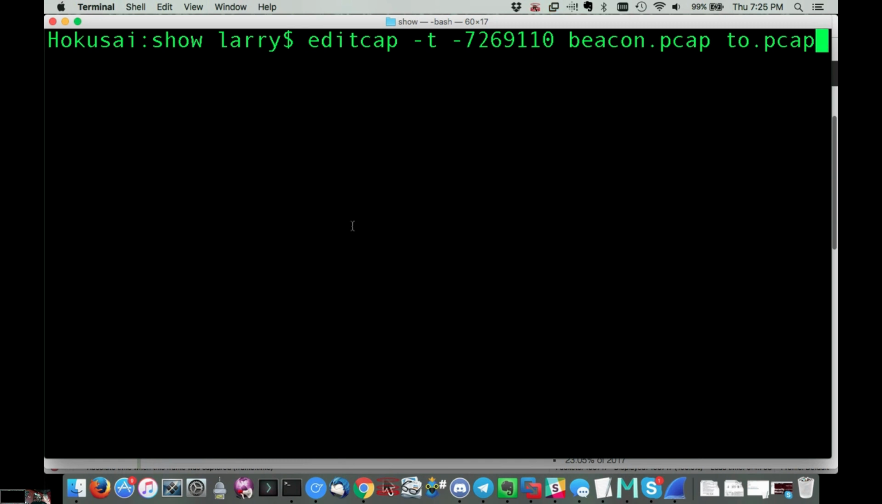I'm going to use editcap to edit my packet capture. This will apply to every packet in the capture. It will shift the time by this many seconds. I've only got one packet, but we can apply it to specific packets in the capture, or we can apply it to all of them. This will do all of them. And we're going to shift the time back 7,269,110 seconds, the negative. We're going to read from beacon.pcap, and we're going to write that to